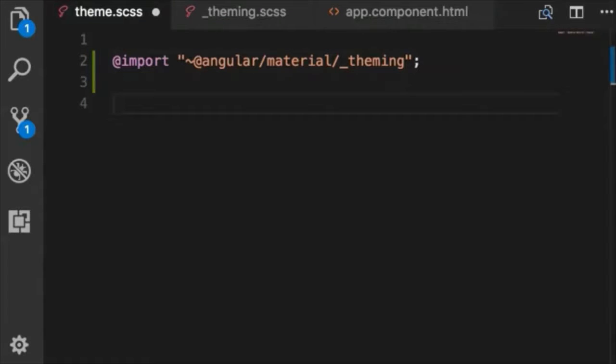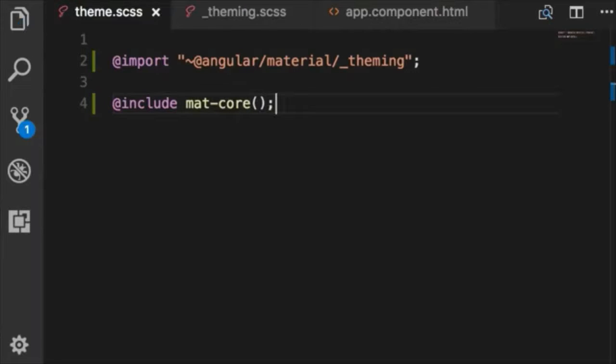We imported Angular material theme. Now we need to include the core styles that are defined in Angular material. These styles give our components a modern and consistent look and feel. For example, you have seen how our input fields look, how our drop-down lists look. All of these are defined in a mixin called mat-core. So to use that mixin here, we use include